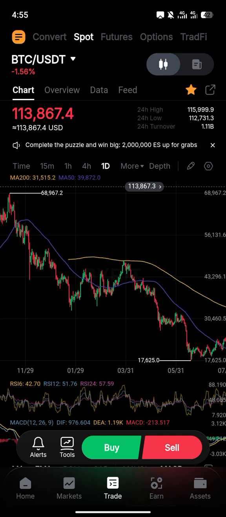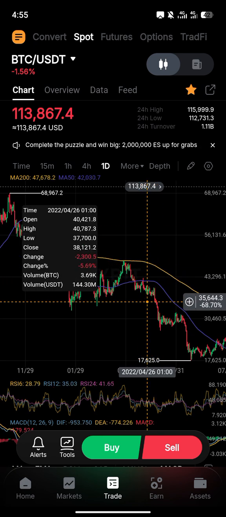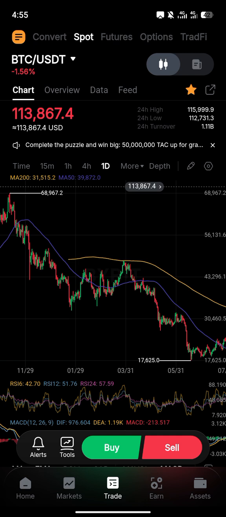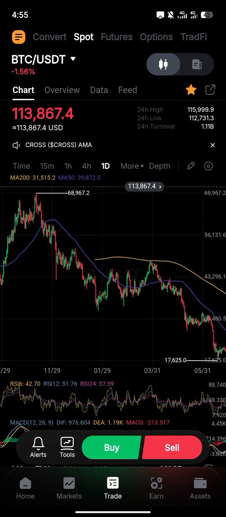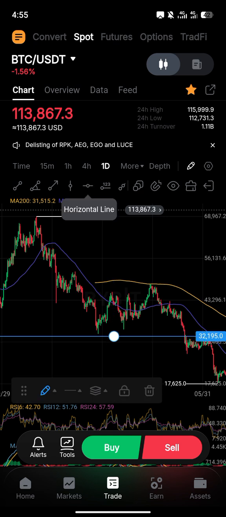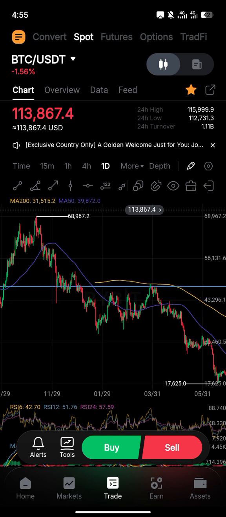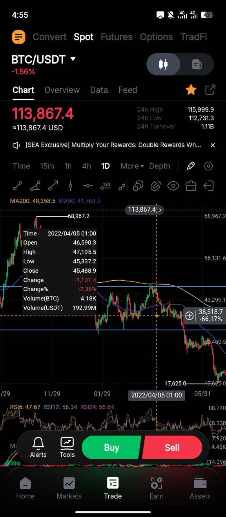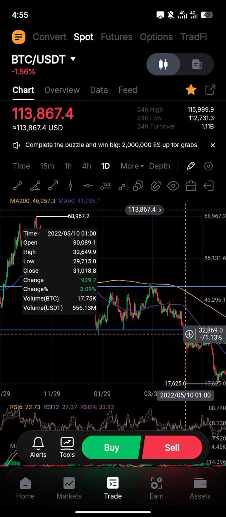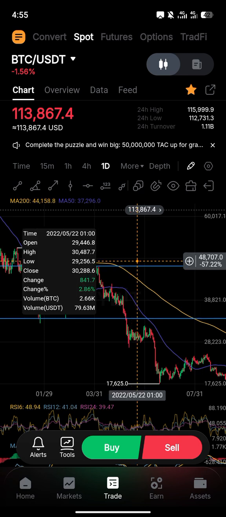Let me do another one. Look at this place too. Look at this point. All right, this is a good resistance. This is a good support. All right, let me bring it here. So we have something like this, and we have something like this. What happened? The price keeps coming down here. The price keeps going up here. When there was a breakout at this